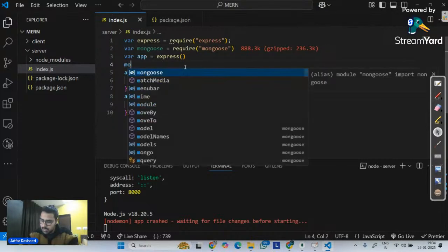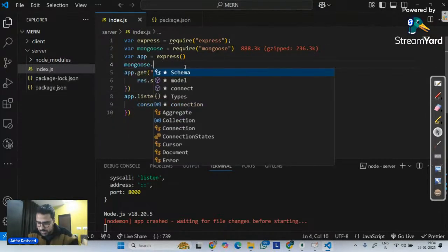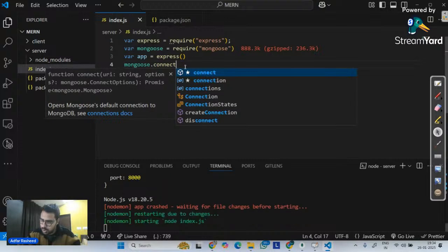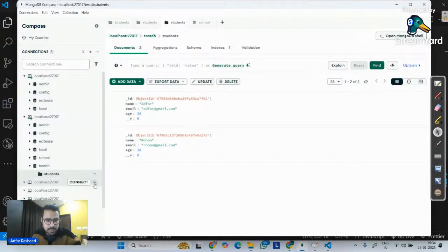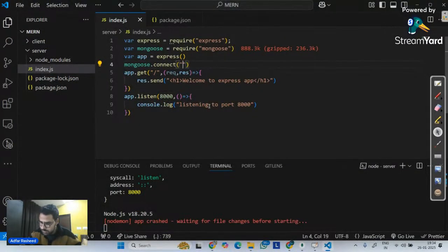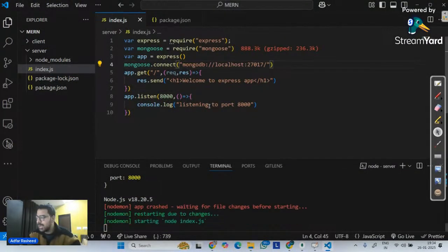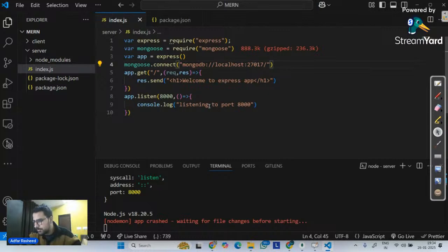So now I've used Mongoose and please implement a connect method. On what, I'm simply going to go into my Mongo cluster and then I will do it. For this, let me copy the connection string. So in this case, I will simply paste my connection string like this. And let's suppose the database name is,